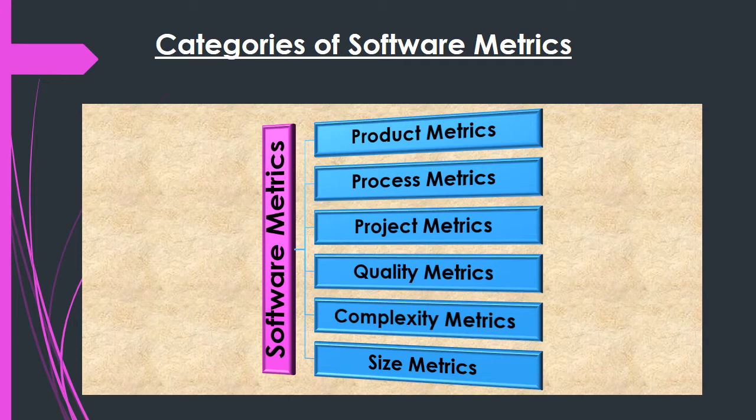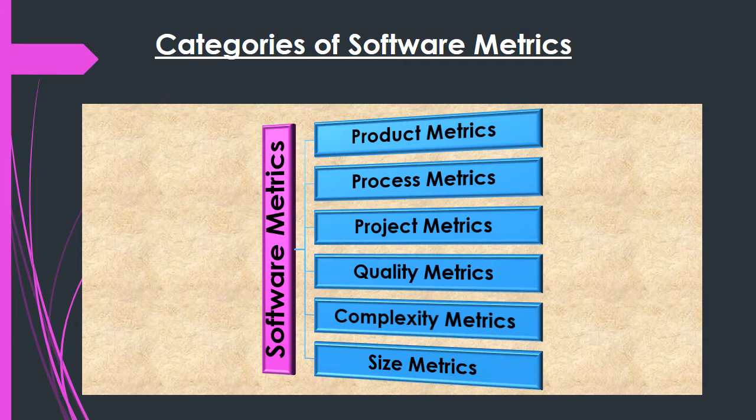The first one, let's talk about product metrics. Product metrics are used to describe the various characteristics of the software product that we are developing. Like it describes the size, the complexity, the performance, the reliability, efficiency, and the design features of that particular product. So all these characteristics about the product are described by product metrics. Then the second, we have the process metrics. This process metrics is used to measure the overall effectiveness and quality of the entire process that is used to produce the software product.